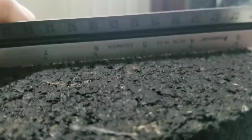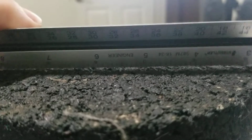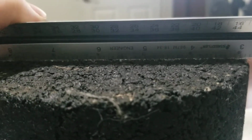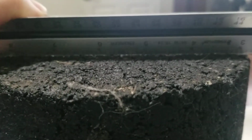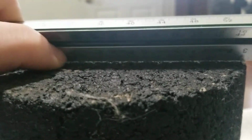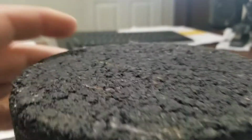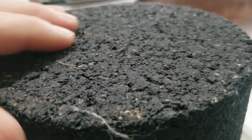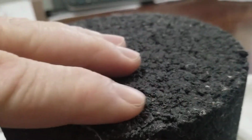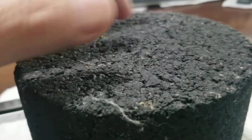As you can see right now, I'll put this ruler on there. There's not a lot of voids in there. It's real tight. But over time, you can put this ruler on there. I'll do it in another video, but not this one. You can see it's tight, but over time, if this asphalt was 10 or 12 or 15 years old, you would see light all the way through that ruler on the bottom because of all the fines that are going out of the surface, and then the stones start coming off the top, and then you start getting the cracks in the surface because asphalt